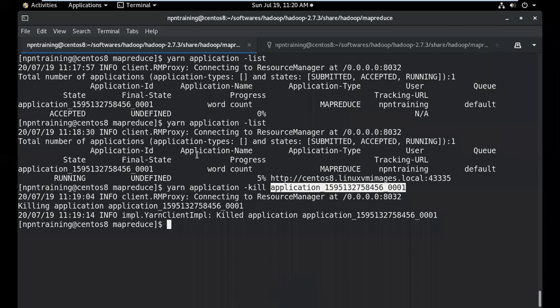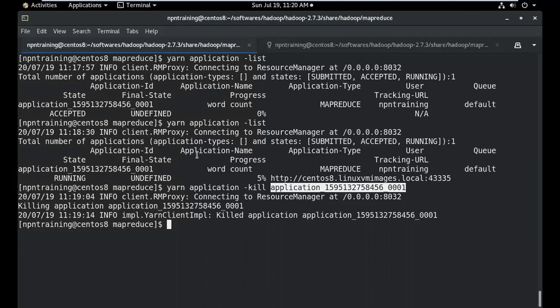Naveen, the word count, is it a predefined program? That's what we saw yesterday, right? Whenever you install Hadoop, by default, some built-in jobs will come. So this word count is a built-in job. Next week, we will see how to write our own program. So if I want to run any job, I need to have a jar file associated with it, then only.